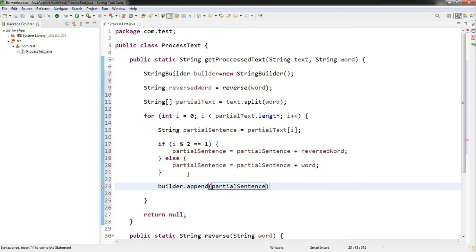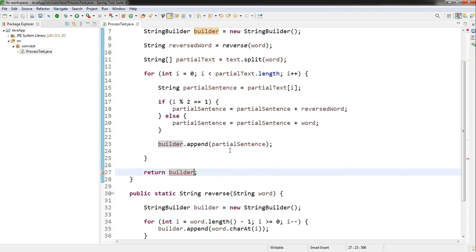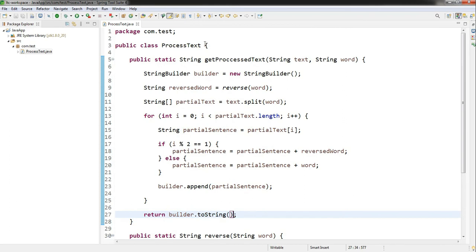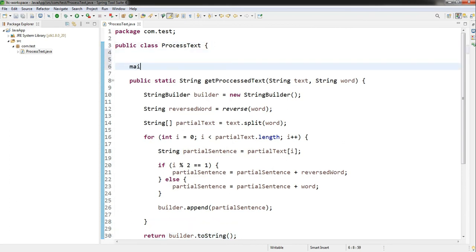If I find any issue, I can debug and resolve it. Then dot toString. So this is the code. Then I will quickly write one main method to test it.